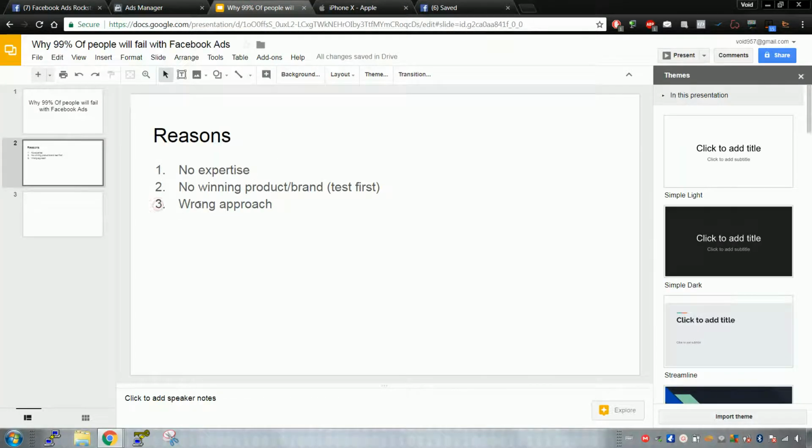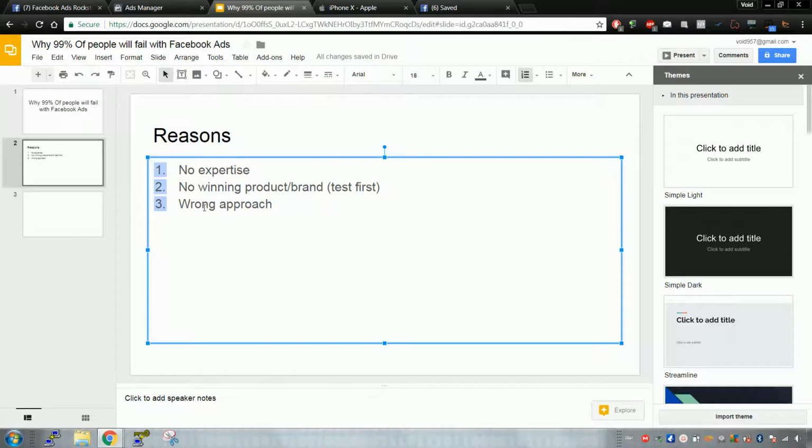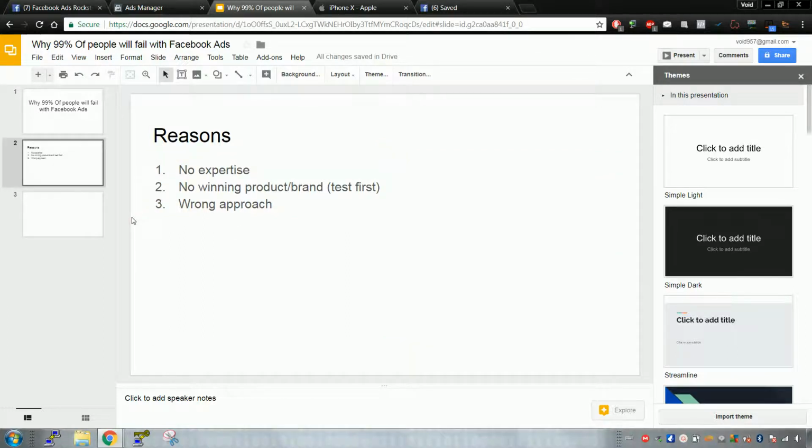So third, wrong approach. You have to decide what it is you're selling and the right way to sell it. Is YouTube the best way to sell it? YouTube videos? Is influencer marketing the best way? Is Instagram posts and contests the best way to sell it, or using shoutouts? Is Facebook ads the best way? Is it best to sell it through Pinterest ads? You just have to know the right approach.